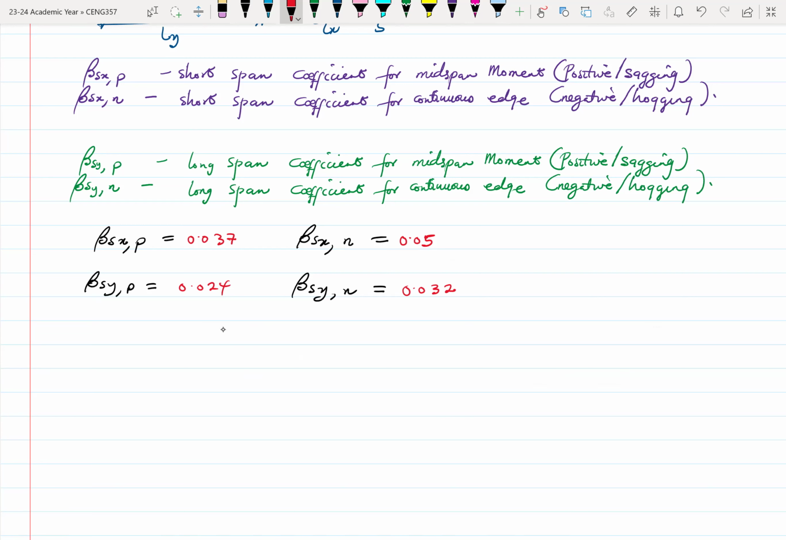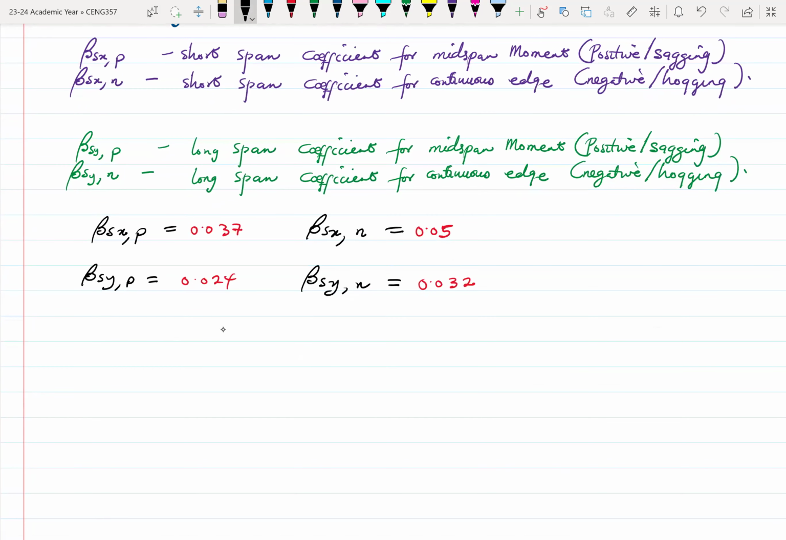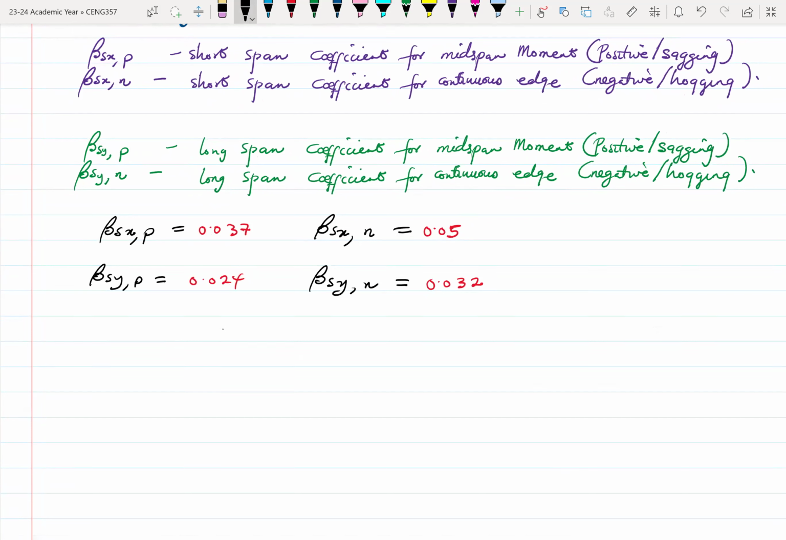So 0.05 negative, 0.037, 0.024, and 0.032. All right, so I think I'm good. Okay, so now let's find the moments. The moments will correspond to the coefficients. Okay, so with the moments, I'll have MSX positive, which will be